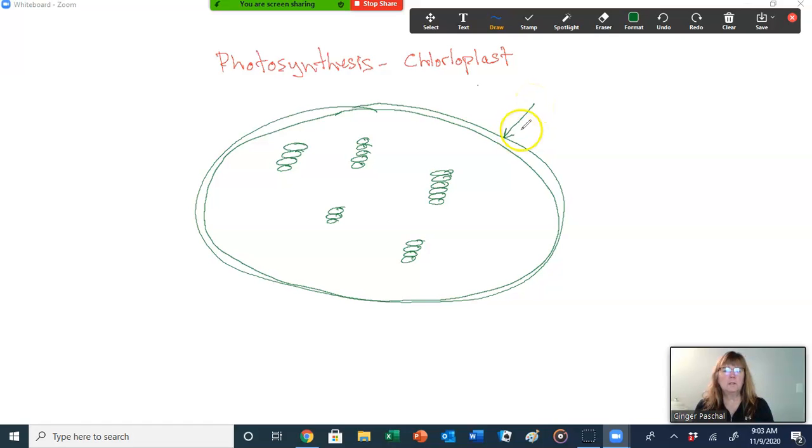This outer part is called the outer membrane. Then this right here is called the inner membrane. And this area right in here, this is called the stroma. The stroma is very much like the cytoplasm of a cell, but it is the fluid-like area that is inside